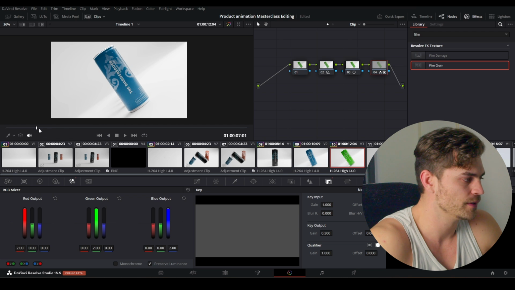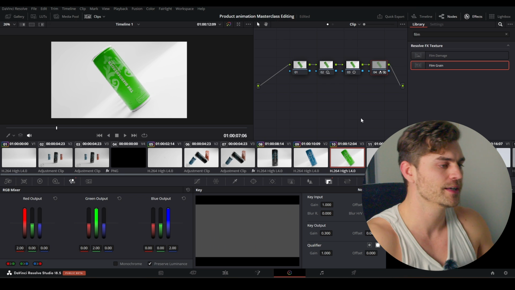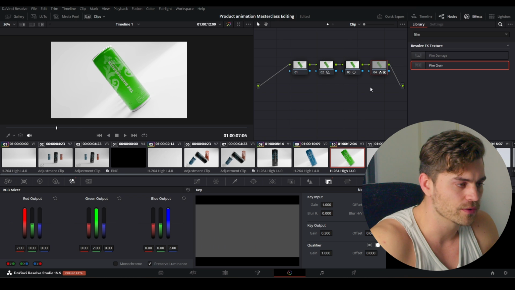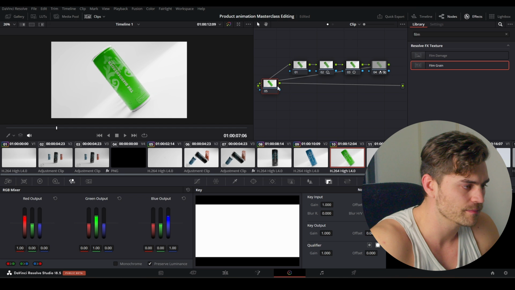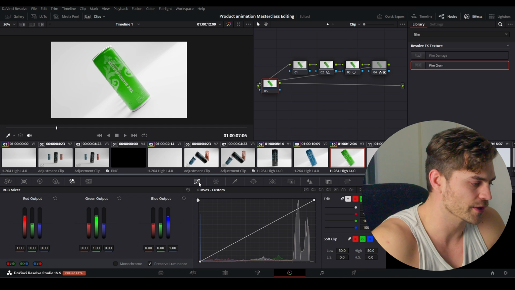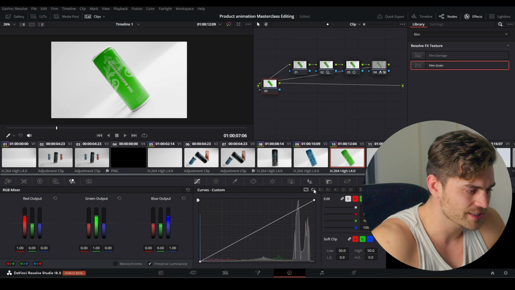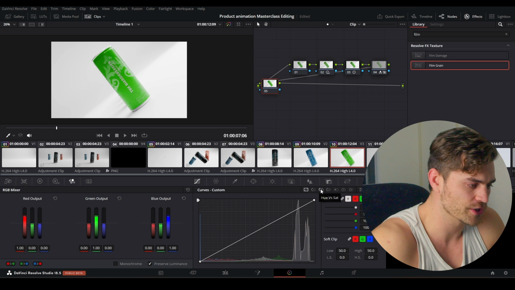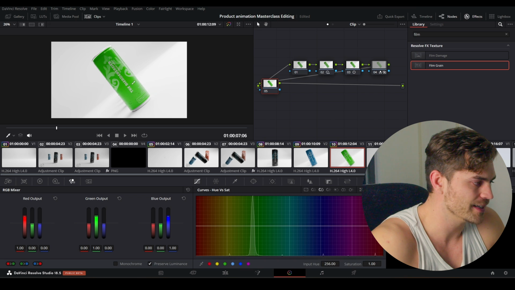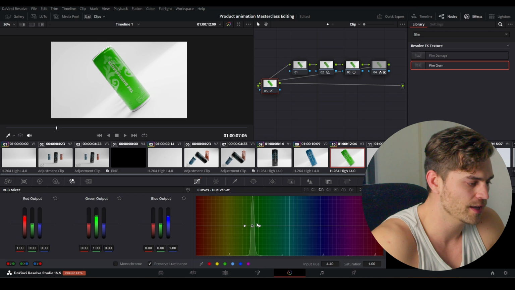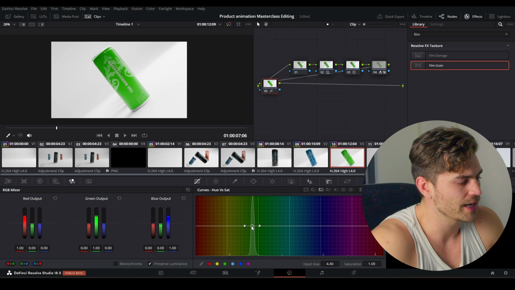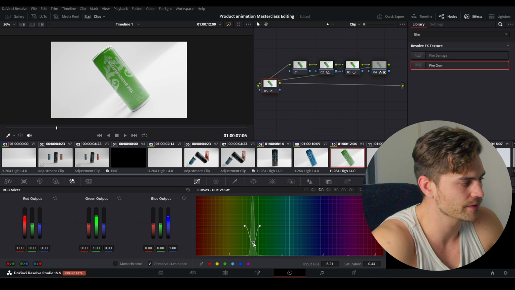I'm going to click on this one, and this is very green. So I do not like that, and I'm heading over to this side, Alt-S, make a new node, and right over here we've got our curves. So I'm going to this side, and it's called Hue versus Saturation. And now I'm going to select this color. You can select it on the screen by pressing and holding and get a range of that color. But we can also see that the color green is the most prevalent in our color setup. And right now, when I drag this downwards, it becomes less saturated.